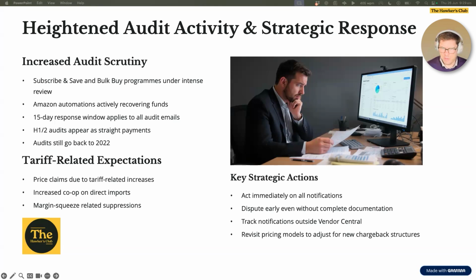Likely at some point there are going to be price increases if the tariffs are here to stay. So obviously that's a hypothetical scenario at this point. If that were to happen, what I would pay attention to is price claims and the increasing price claims, because what Amazon often does is they compare the products they receive in their FCs with different vendor codes from you, and they might claim a price overcharge by comparison. It's one of the audit claim types. So if you're increasing your wholesale prices, pay attention to price claims, because likely the automation is just going to